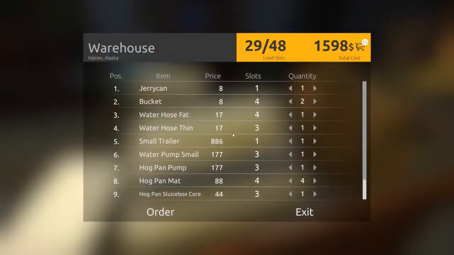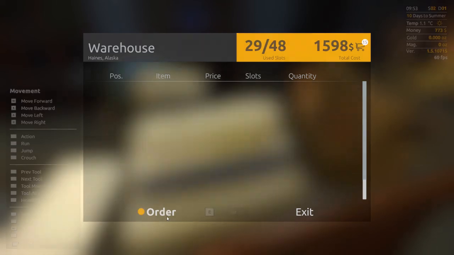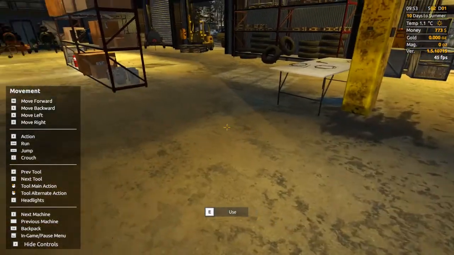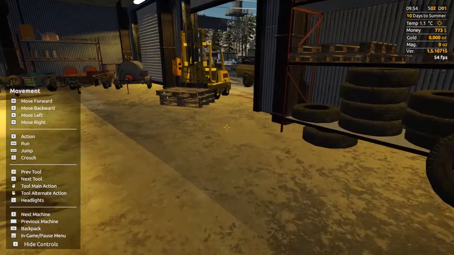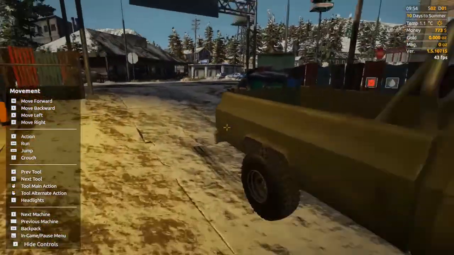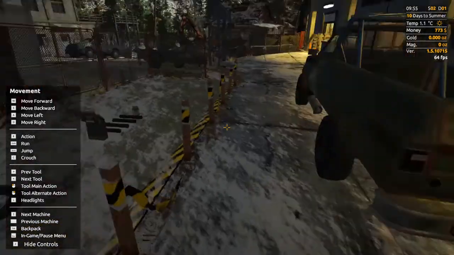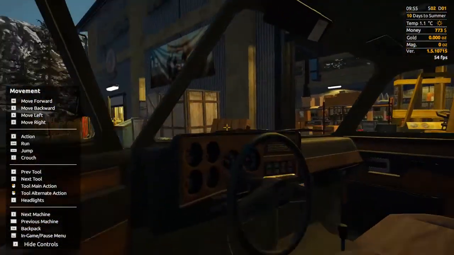Let's go and pay for this lot. Ooh, that's expensive. Okay, so the order is all outside, waiting to be dumped into the truck. This is something that you do have to do manually, and if you have got a big order, it is a bit of a ball ache. As you can see, it's all there. The only problem is now